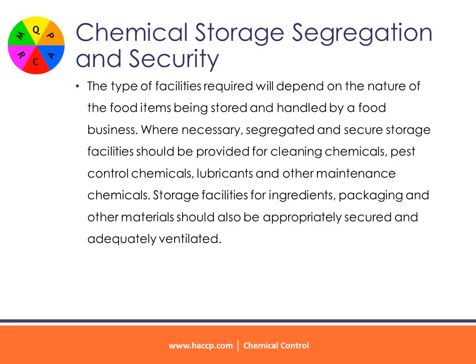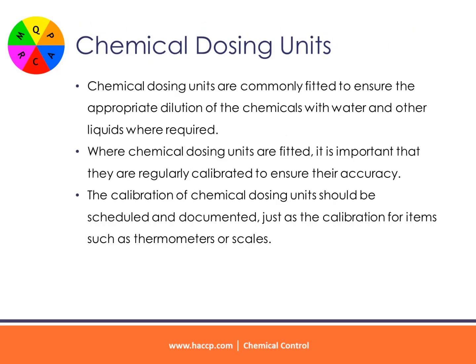Where necessary, segregated and secure storage facilities should be provided for cleaning chemicals, pest control chemicals, lubricants and other maintenance chemicals. Storage facilities for ingredients, packaging and other materials should also be appropriately secured and adequately ventilated. Chemical dosing units. Chemical dosing units are commonly fitted to ensure the appropriate dilution of the chemicals with water and